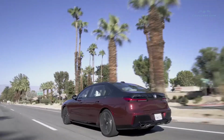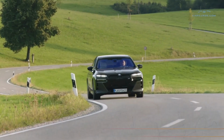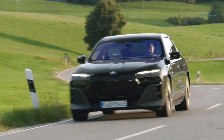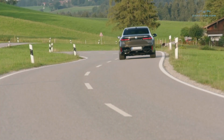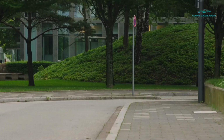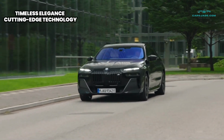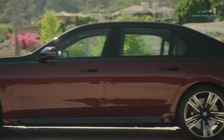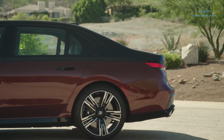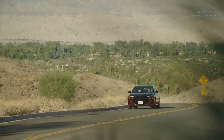Today we delve into the essence of automotive excellence with the 2026 BMW 7 Series. When it comes to redefining luxury in the automotive world, BMW raises the bar yet again with the 2026 BMW 7 Series. This flagship sedan seamlessly combines timeless elegance with cutting-edge technology, delivering an experience that is as opulent as it is modern. From the outside, the 2026 BMW 7 Series nods to its heritage with a boxy yet elegant